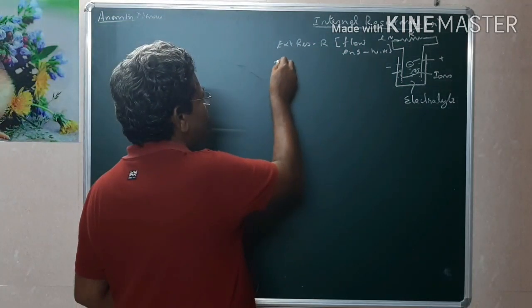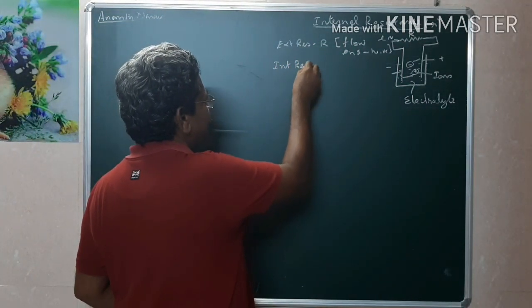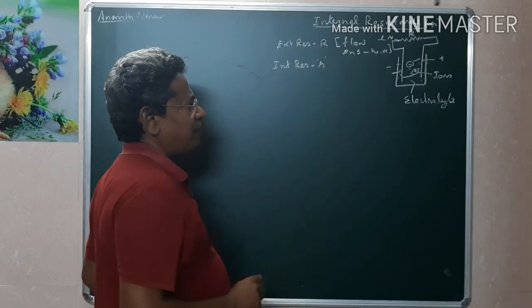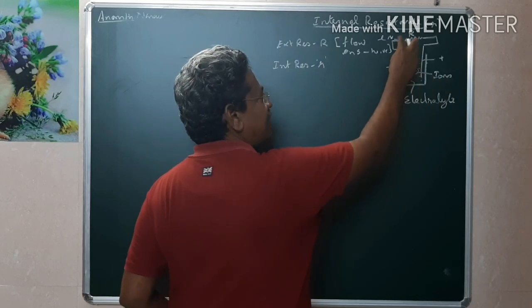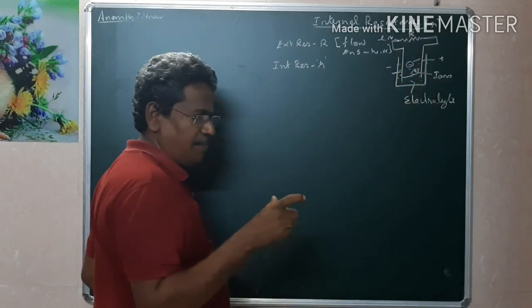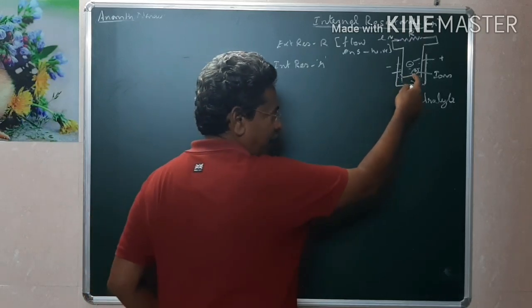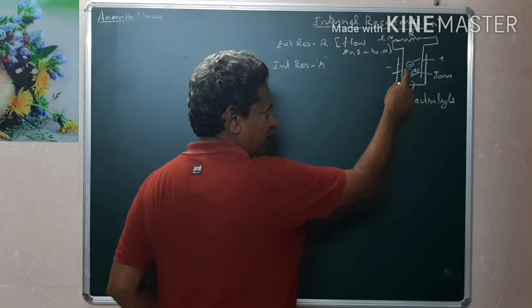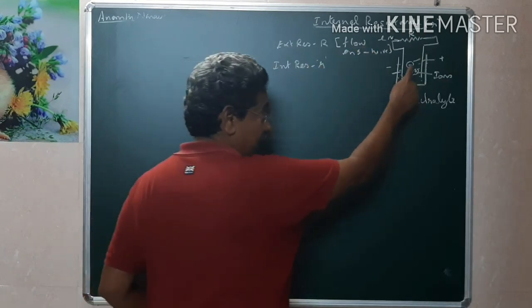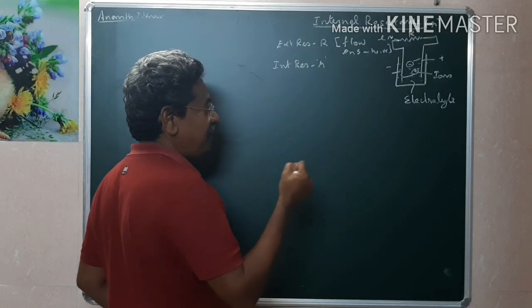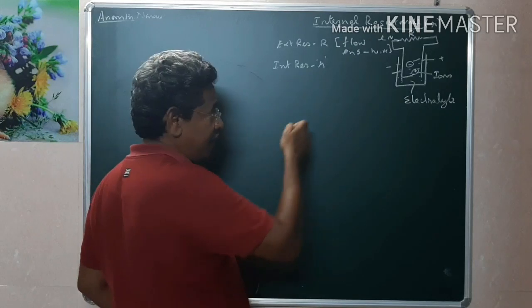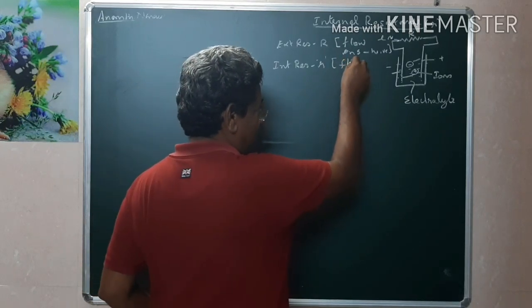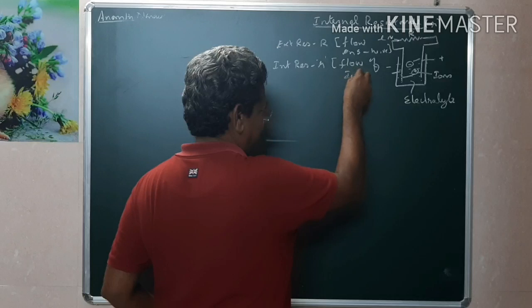But here we have one more resistance, called the internal resistance, represented by small r. This internal resistance is due to ion flow. Externally electrons will flow. Internally within a cell, ions will flow from the electrolyte to the electrode, negative ion towards the positive plate and positive ion towards the negative plate. These ion movements will be restricted by the electrolyte. This resistance offered by the electrolyte is called internal resistance. Or we can say that internal resistance is caused due to the flow of ions in a solution.